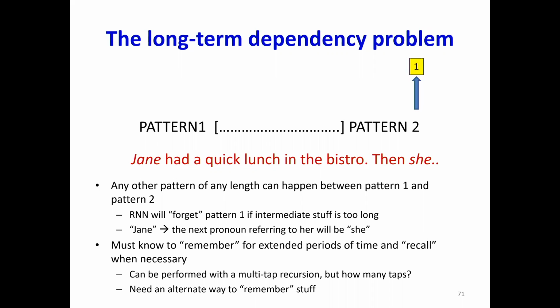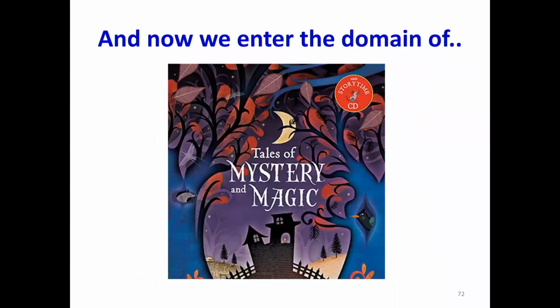The distance that you have to consider can be arbitrary. You have a fragment of a sentence over here: Jane had a quick lunch at the bistro, there in she. The word she occurs in the next sentence, but the fact that it's a she depends on the name being Jane and not Tom, right? So you had to keep track of the fact that a female name was being referred to for as long as that person was going to remain the person being referred to by any pronouns, right? So these are just other examples that come up.